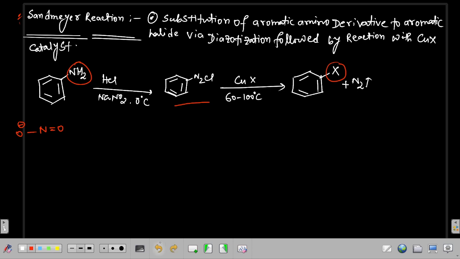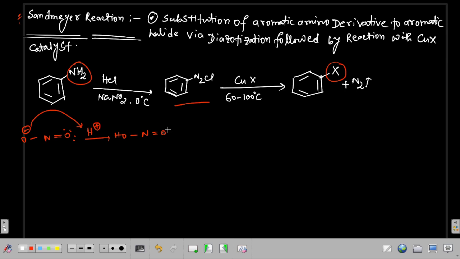So it will present like O minus, and it will present like this. In presence of H plus, that is HCl, we are using acid. So it will abstract this proton, so it will form